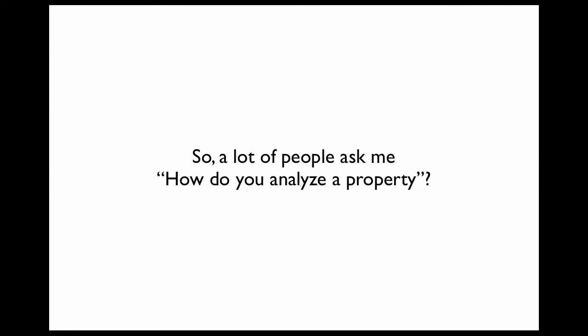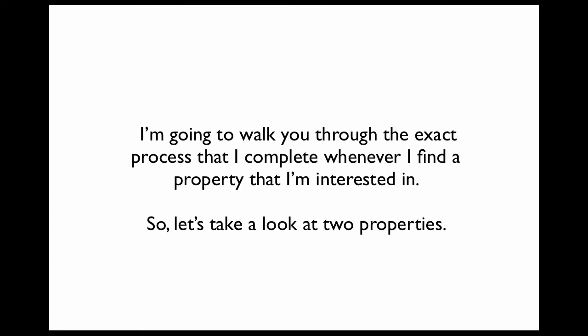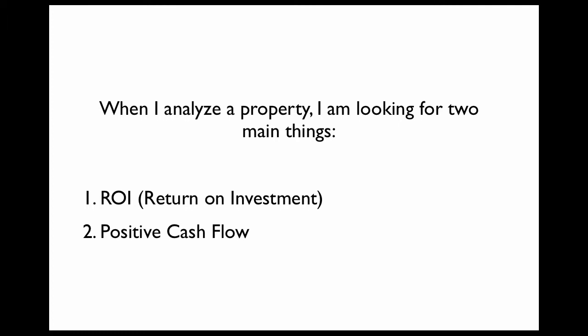So a lot of people have seemed to be asking me lately, how do you analyze a property? I'm going to walk you through, like I said earlier, the exact process that I complete whenever I find a property that I'm interested in. So let's take a look at two properties. When I analyze a property, I am looking for two main things: the ROI, or the return on investment, and